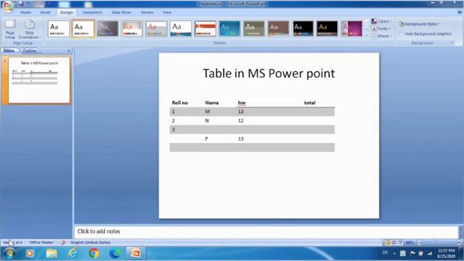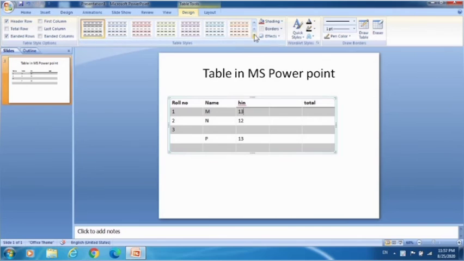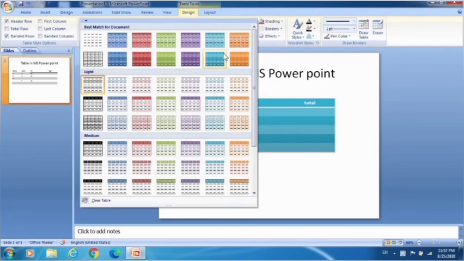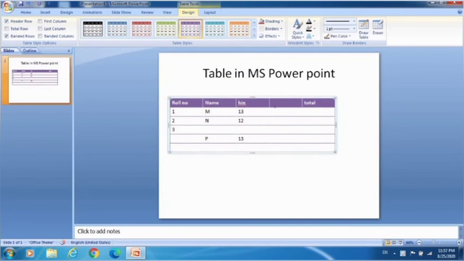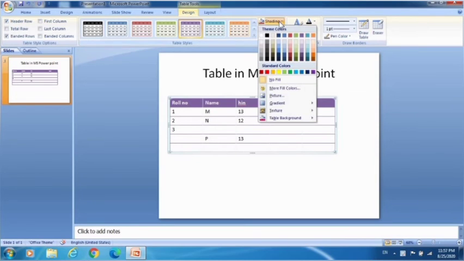So here is one more example by which you can change the table borders, its designs and colors. Go to the design option and select any one design according to your wish. Then go to the shading option and apply shades like this.